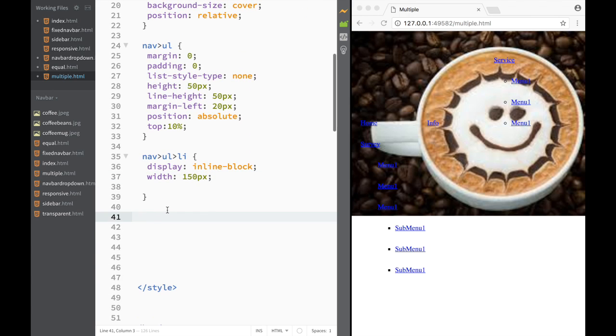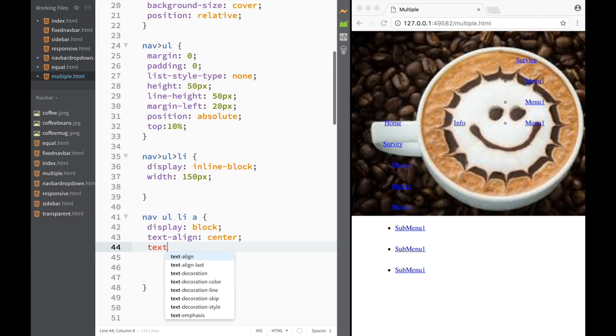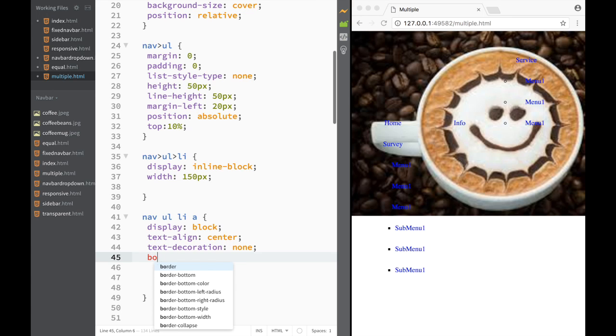So after we're done with that, I would want to style all the anchor tags, right? So I would say nav, ul, li, and all the anchor tags, and you can see that I'm not using this child selector, right? Because I want to select all the descendants over here, so all the anchor tags. And I would want them to be display block, and then I would want them to be text align center, and then I would want them to be like text decoration none over here, text decoration, and I would say none. After that, I would say that I would want a border 2 pixel solid black